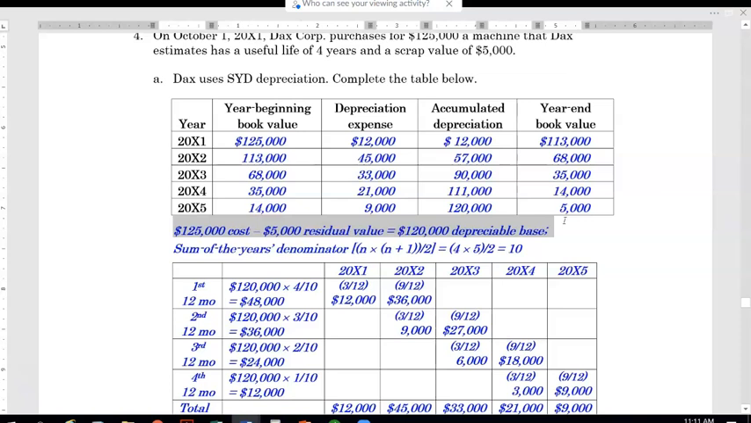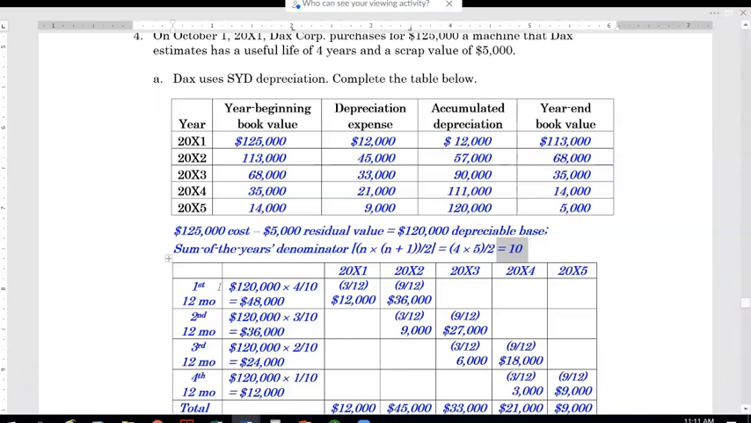Then I need to know the denominator. So the denominator is for 4 years: 1 plus 2 plus 3 plus 4 ends up to be 10. Or use this formula. Now I know the denominator, so all I need is just an Excel type of thing and start